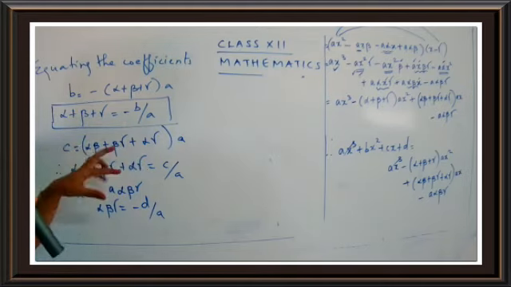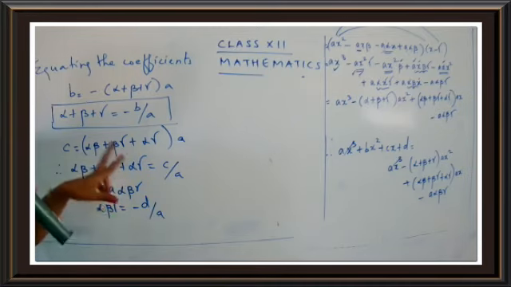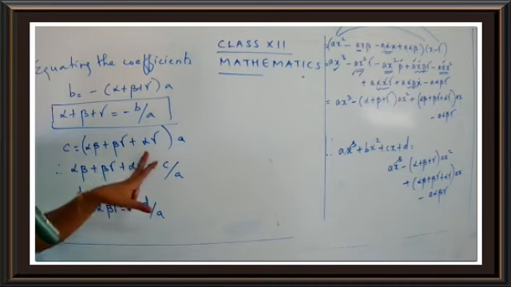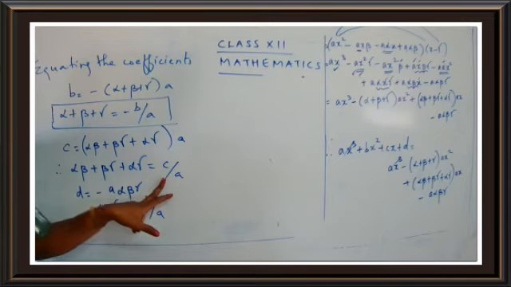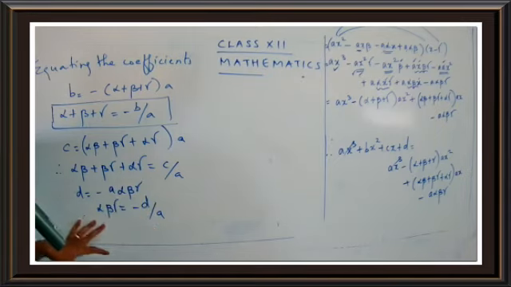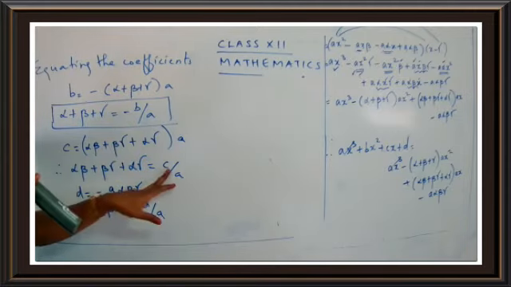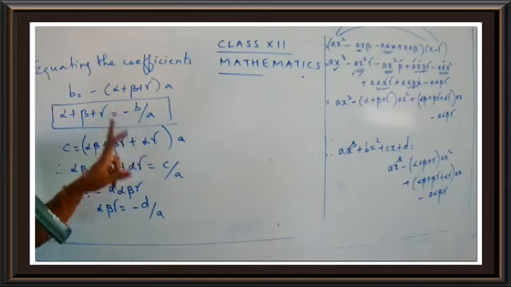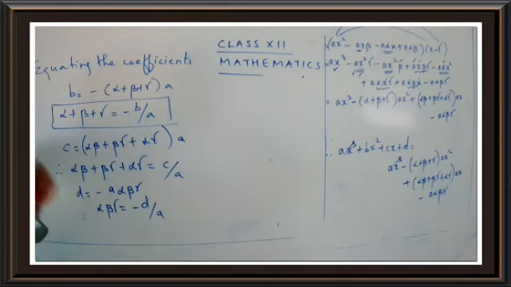Then you can just take the multiples of two roots, like alpha beta plus beta gamma plus alpha gamma is equal to c upon a. And also you can find out the alpha beta gamma part, that is minus d upon a. So be careful, minus plus minus: minus b upon a, c upon a, minus d upon a. Be careful with the sign, children. So have you taken down the steps? Let us go for the general equation at the last.